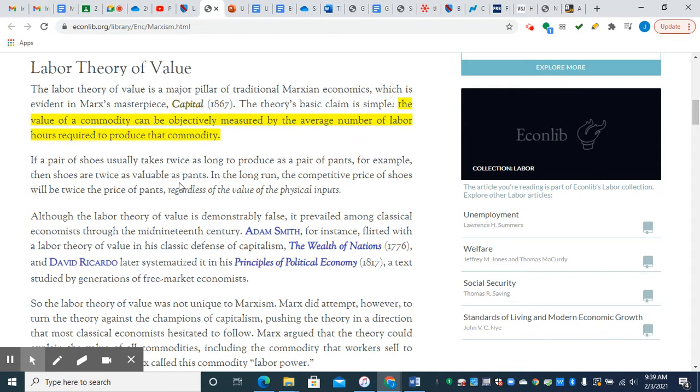However, I think the labor theory of value is untrue. But we're going to try to explain it accurately and see that it has some surface validity. It seems to make some sense. But basically, here it is. It's a fairly simple idea. The value of a commodity, which is just anything, it could be shoes, a loaf of bread, yarn, a cell phone, can be objectively measured by the average number of labor hours required to produce that commodity. Now, just to put a few caveats here,